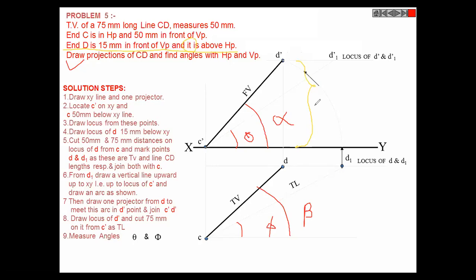Sir, 55 आया. 55 mm. Very good. Everyone has got same answer. Then it is mostly possible that everyone is correct. It hardly happens that everyone got same and they got incorrect. Understand? So you got alpha, beta, theta, phi, as well as you got the location of D. You can also get the distance between end projectors here. What is that? Your answer? Distance between end projectors.